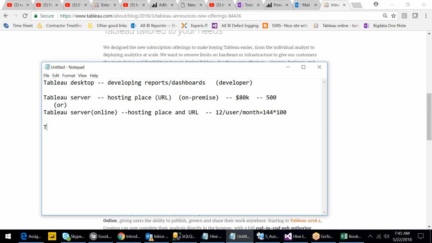So these are the main products, and there is one more, Tableau Mobile. Mobile is not for developers. This is for